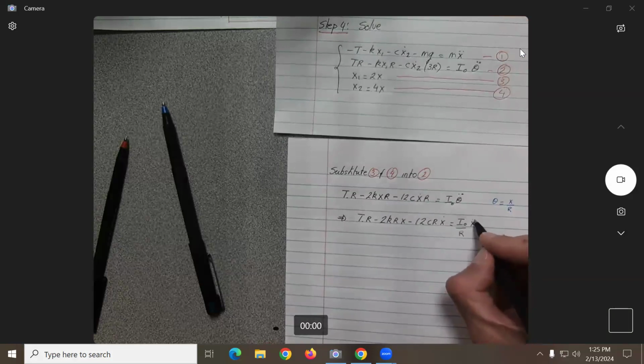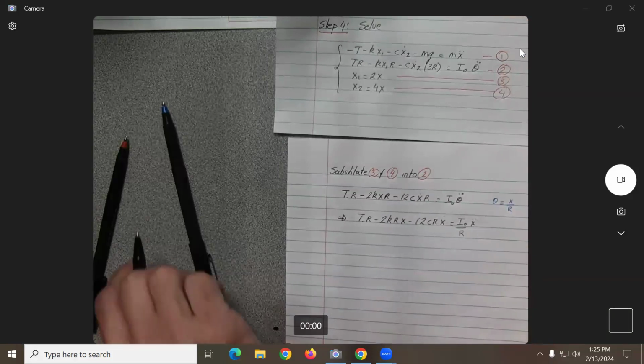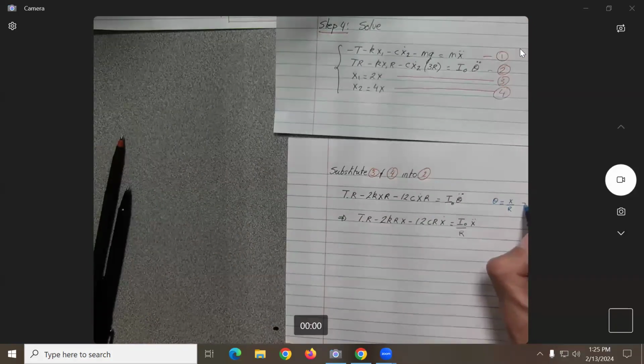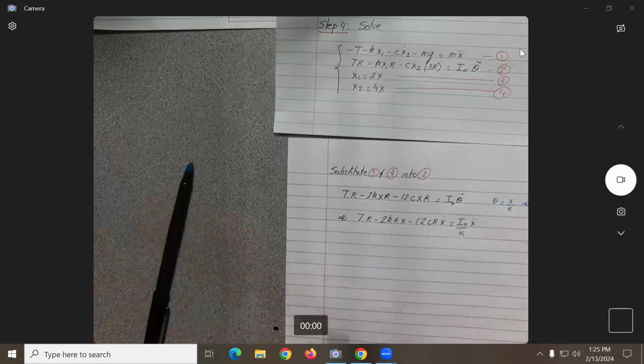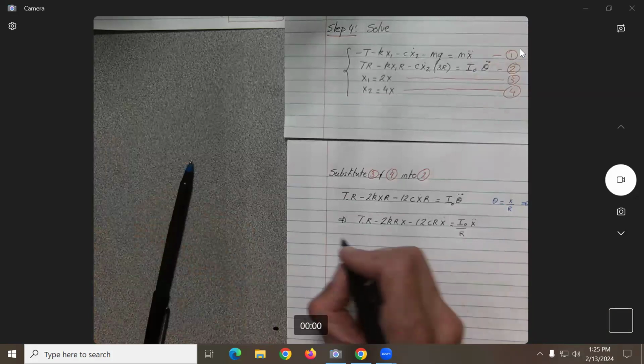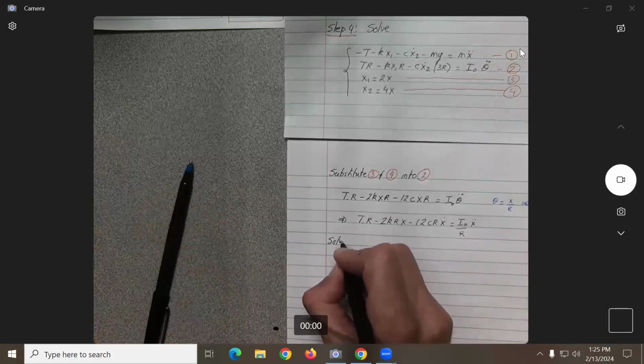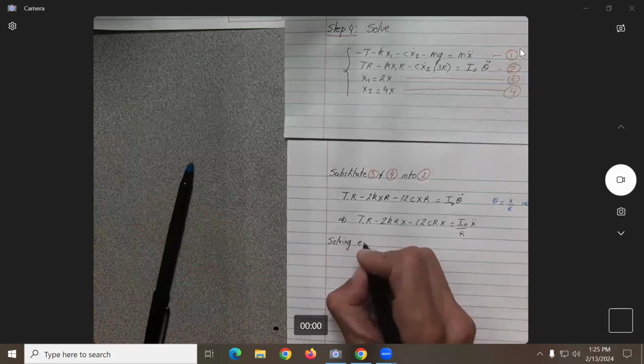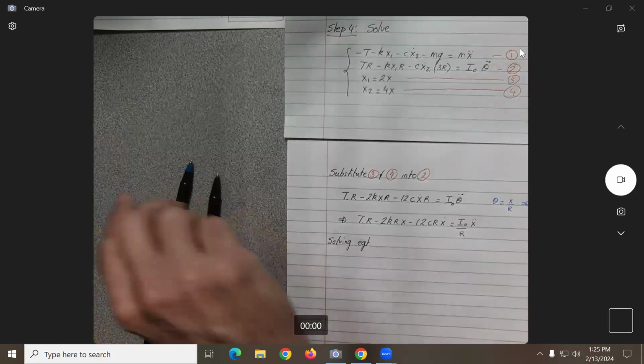Yeah, you're right. I was just looking at that one. So let's put this one as well. Okay. All right, so now from solving equation 1